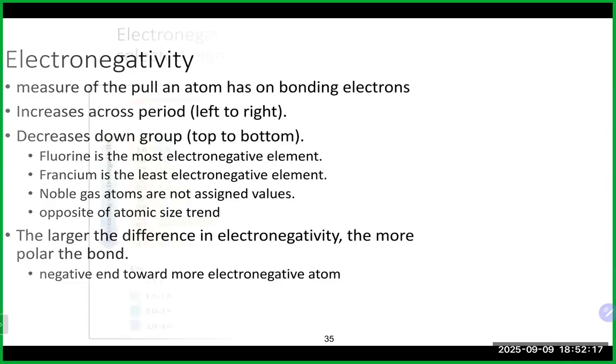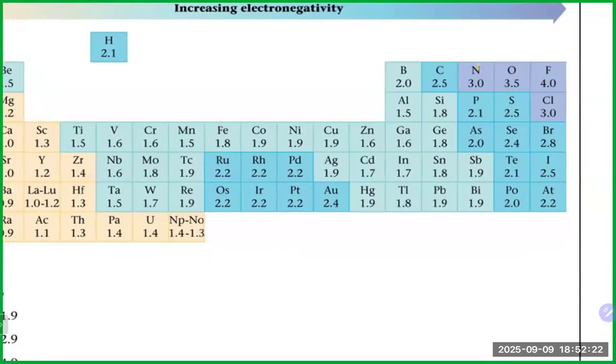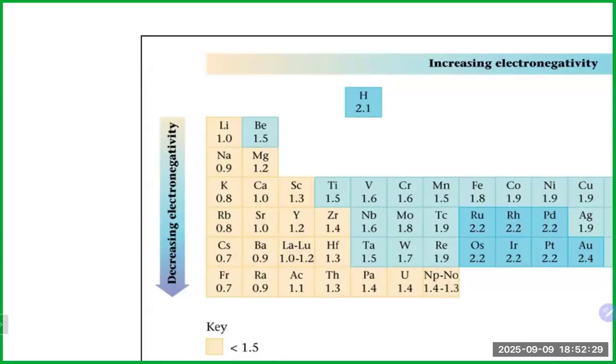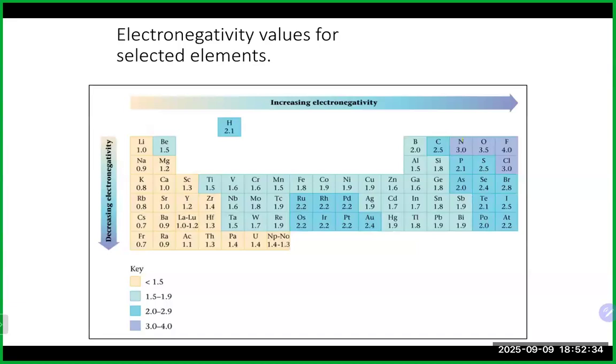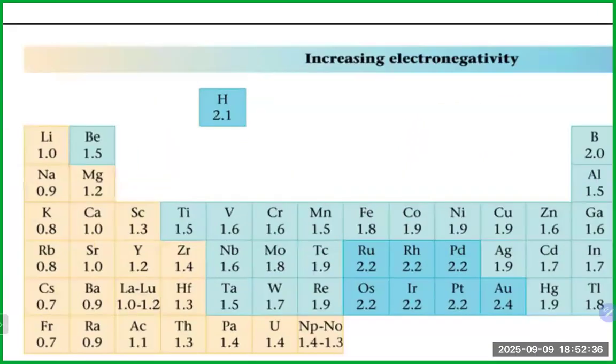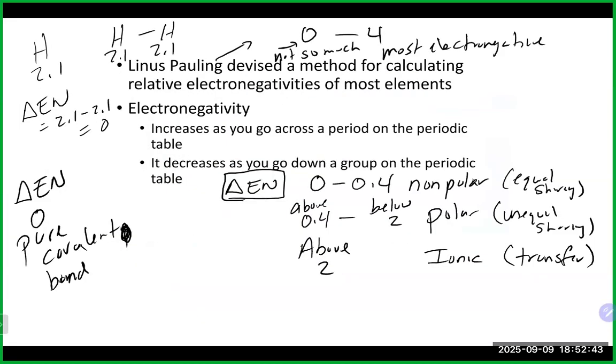So just to show you a table, and we'll do more next time, but this is an electronegativity table, and as you can see, as you go up and to the right, we increase to fluorine at 4. As you go down and to the left, we get 0.7 with less electronegativity. So again, you would go to that table. I did it right there, 2.1 for hydrogen, so that's not bad. So you find those two values, and again, just subtract them, and you could use that cutoff that we have here as a determination of what type of bond you would expect. To be honest with you, I personally would only use probably